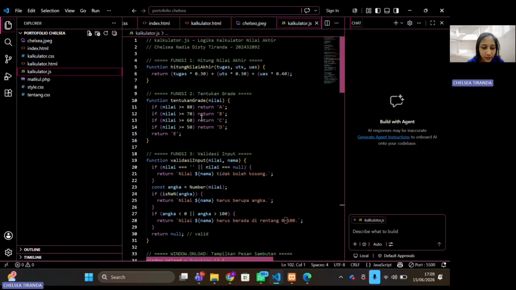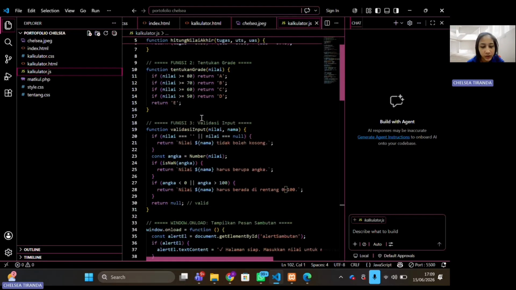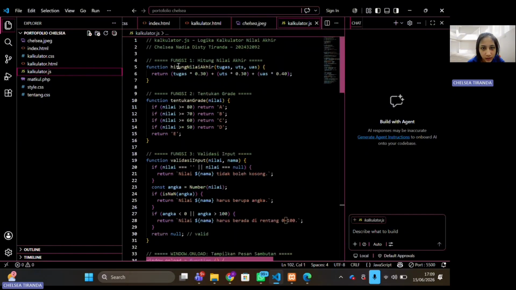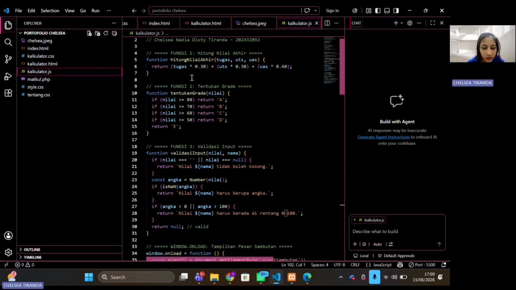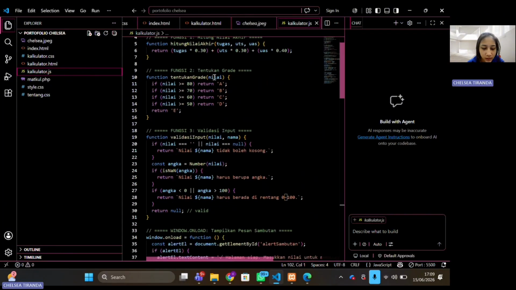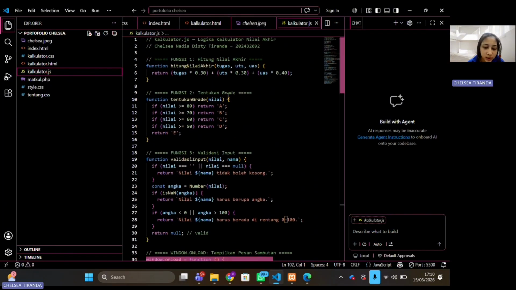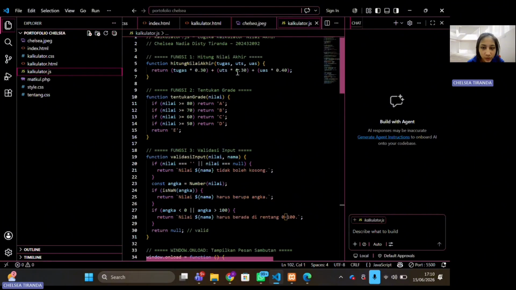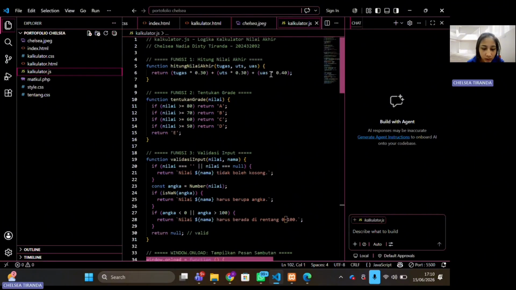Okay, this is the JavaScript file that contains all the calculating logic. There are 3 main functions here. First, the hitung nilai akhir function, which receives 3 parameters, tugas, UTS, UAS, then returns the final grade based on each weight, which is tugas multiplied by 0.3, UTS multiplied by 0.3 and UAS multiplied by 0.4.